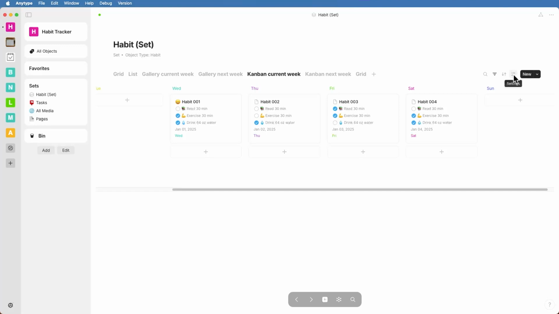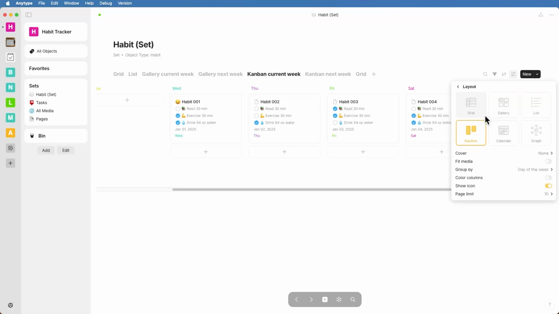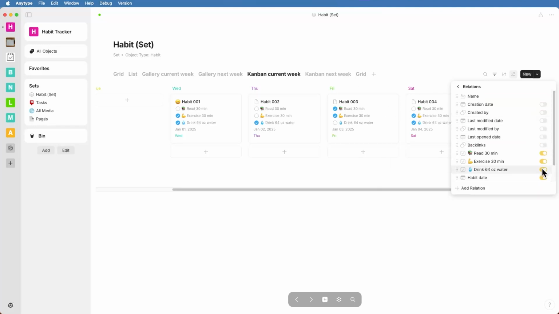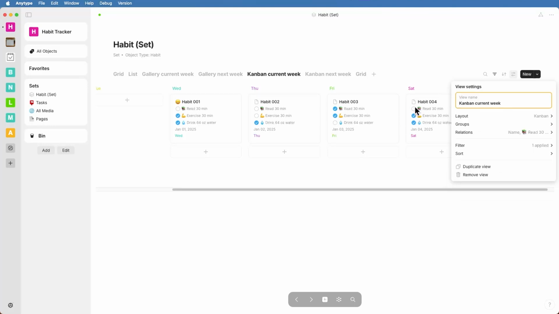columns already. And then here under your settings, okay, so I chose the Kanban view. If you click out here on layout, Kanban, and here is where you would choose what you want to show up at the top of your list. And you need to pick one that's a select where you can only pick one at a time. It's originally used for progress. So usually you see this as like to do, in progress, and completed, but you can make it very flexible for other groupings like I did for days of the week. Again, you can also edit which relations show up on each card, and you can click directly on the card